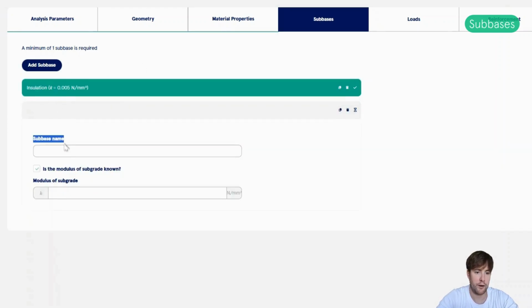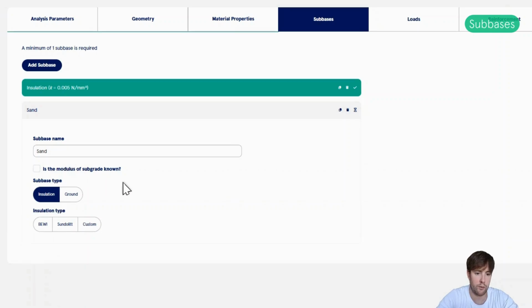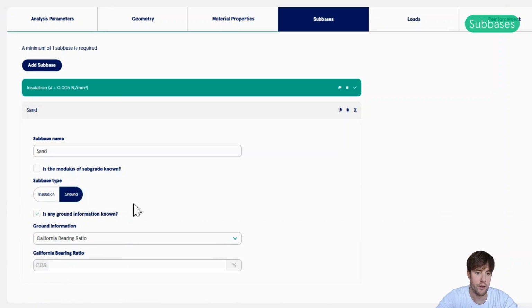We will go ahead and add another layer under this. I will call this one sand, and again, I don't know the modulus of subgrade, and this time I will choose ground. Now it will by default have this one ticked on: is any ground information known?